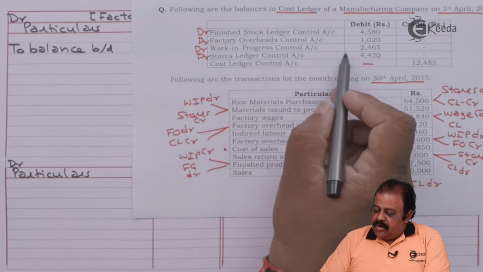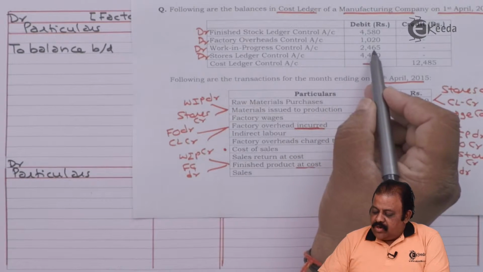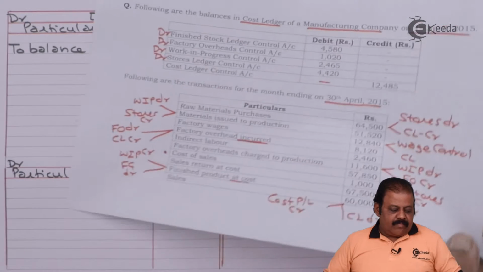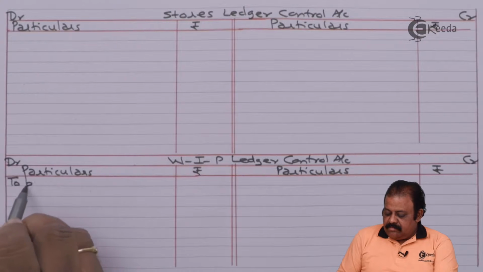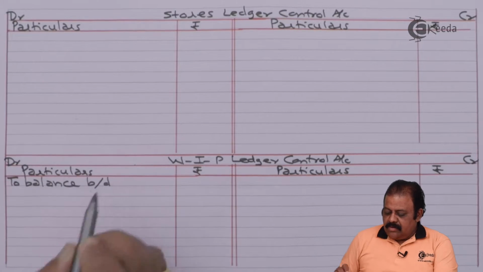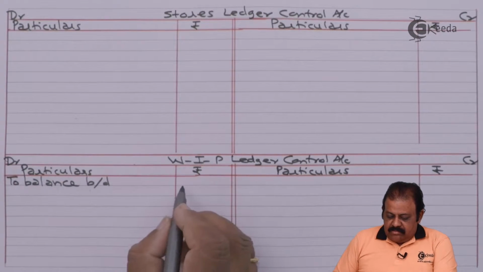Work in progress control account 2,465. Work in progress control account debit side, to balance brought down